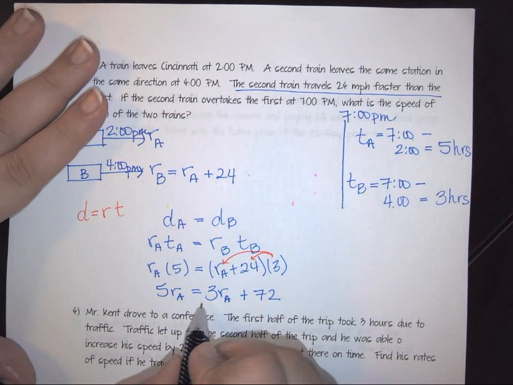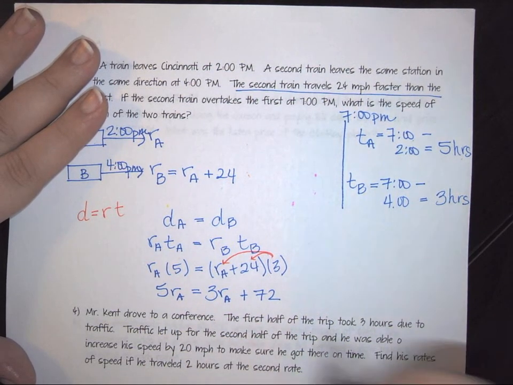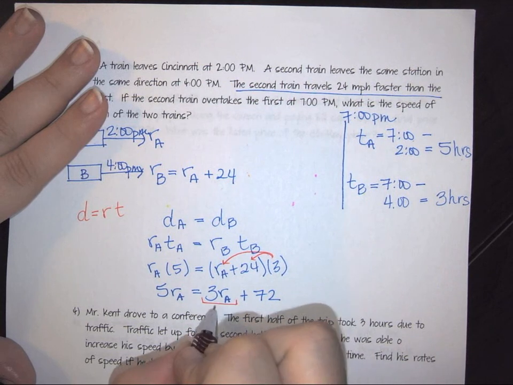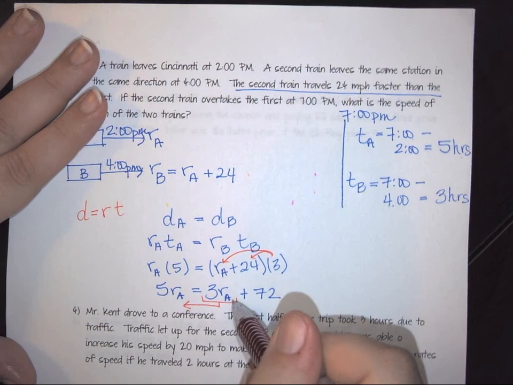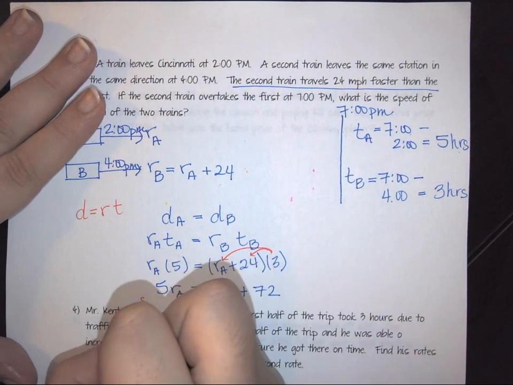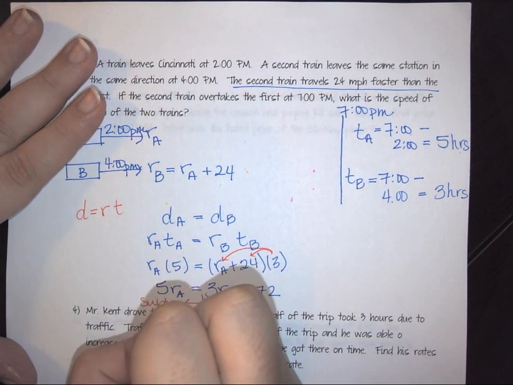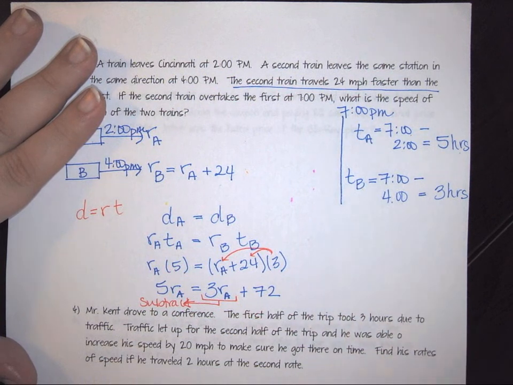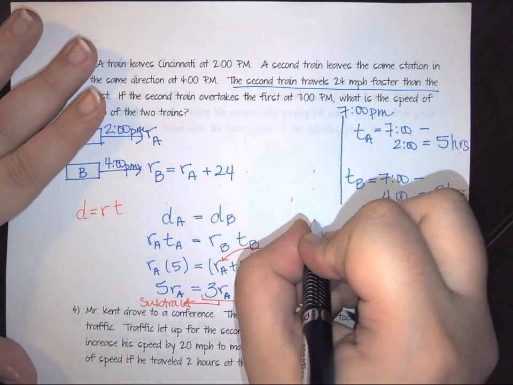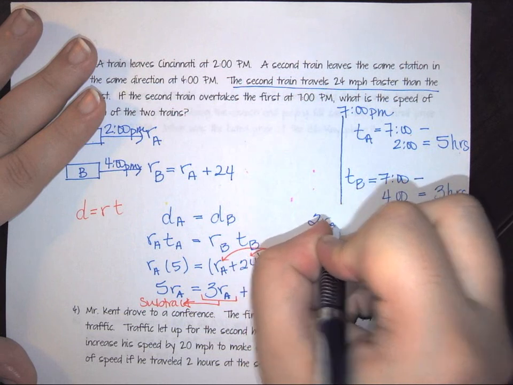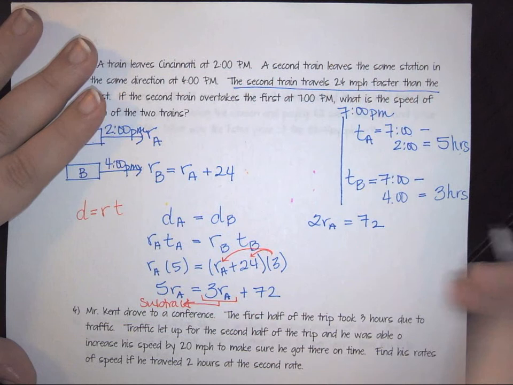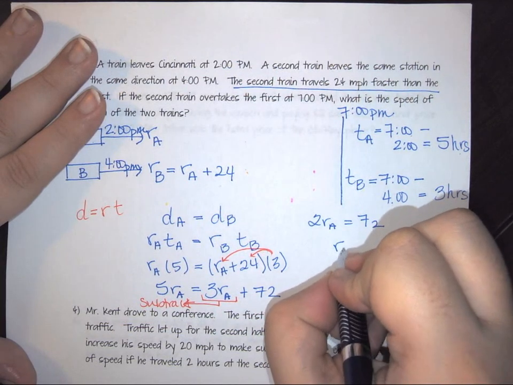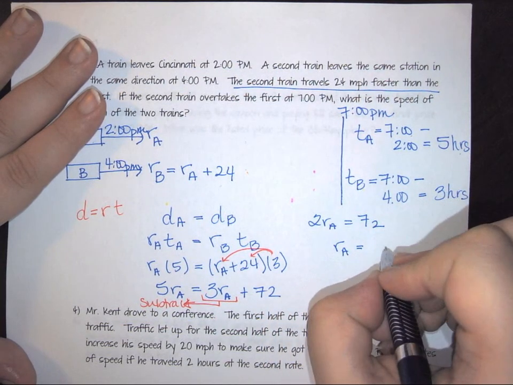So we're going to take this 3R and move it to the other side. Since my 3R is positive, to move it I have to subtract. 5 minus 3 gives us 2. So I have 2R for my first rate is equal to 72. Divide everything by 2, and we know my first rate is equal to